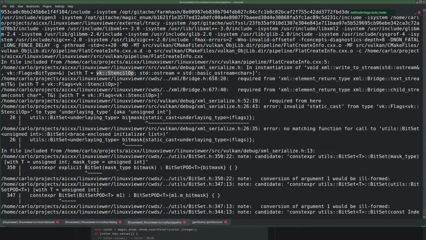Utils bit set underlying type, bit mask static cast underlying type flags. So it doesn't want to do that. Why not? Flags VK stencil op.